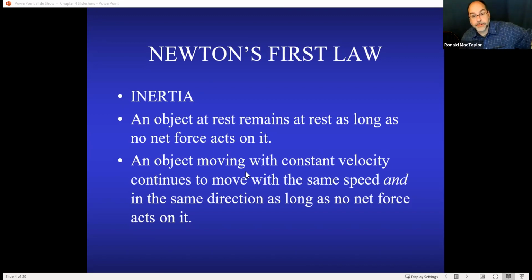An object at rest remains at rest as long as no net force acts on it. Net force is represented with the sigma sum sign because there's almost always multiple forces acting on an object, and we need an imbalance of those forces, because typically